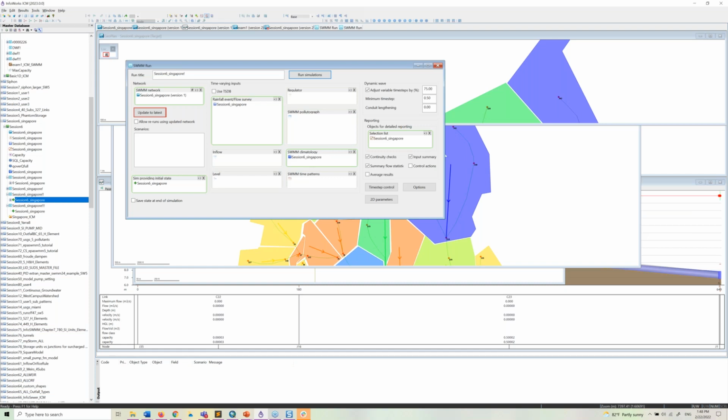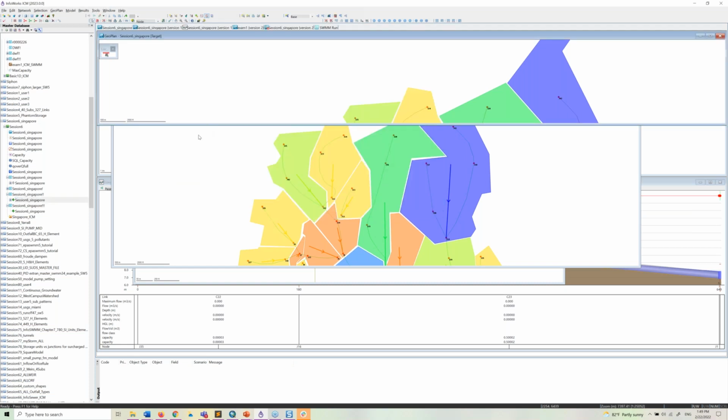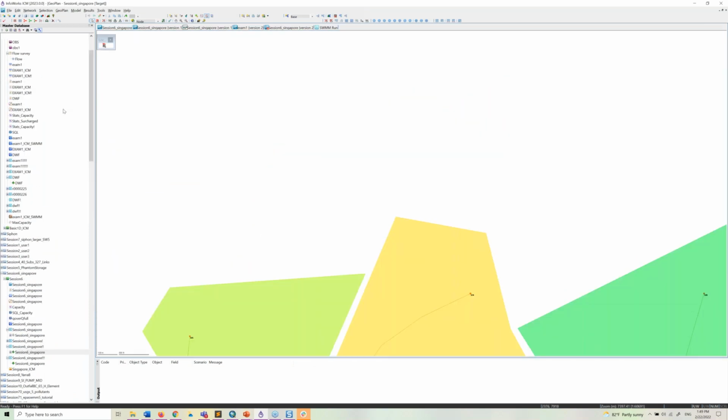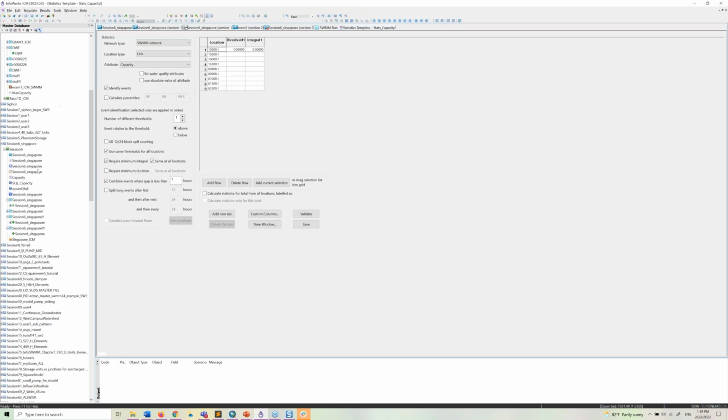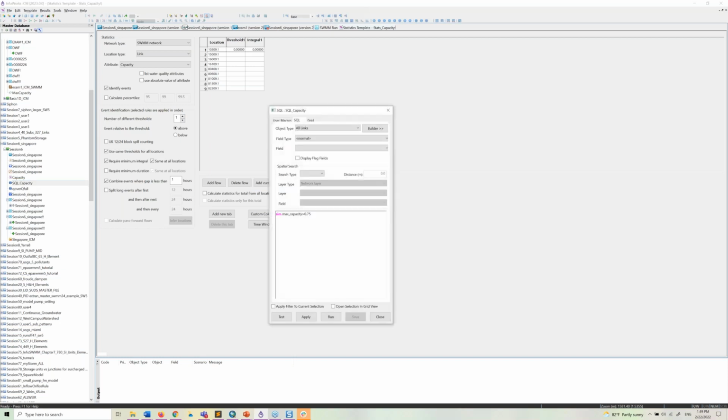Okay, gotcha. And just one about the SQL queries and routines. I have one for ICM. I'm guessing you maybe have a library of SQL queries for SWMM networks. Some of the ones I have for ICM should work, but if the field names are different, it might not. Yeah. One of the nice things about the SQL stats, let's go to SQL. And I guess would you be willing to share that library? Yeah,